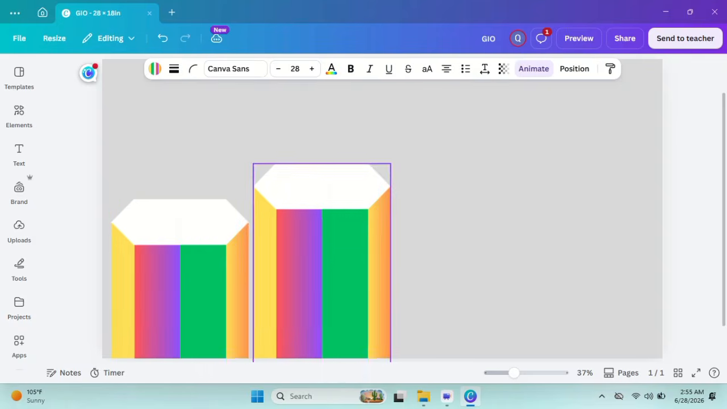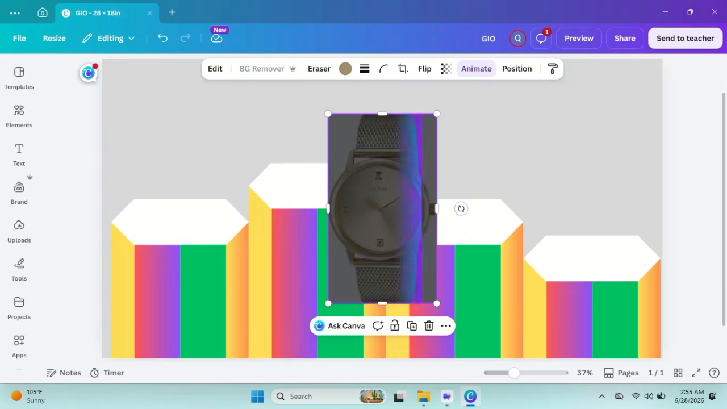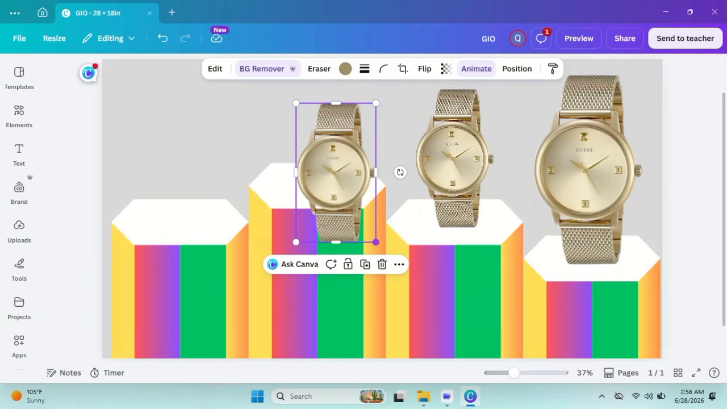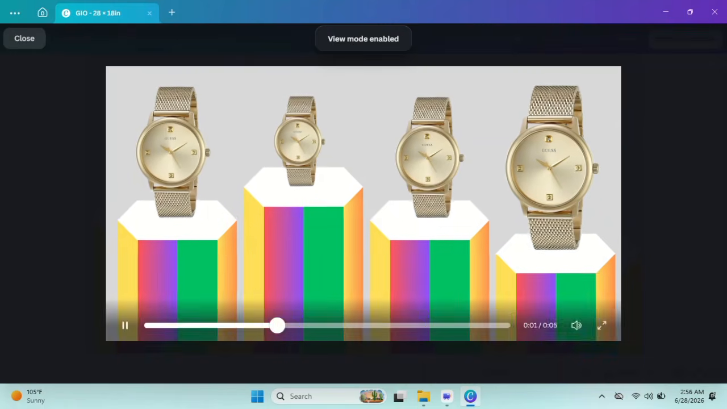Upload your product image and position it where it naturally catches attention. Use the Position tool to arrange layers neatly and create depth with overlapping shapes. Add a bold headline, followed by product details in a clean sans serif font. Select